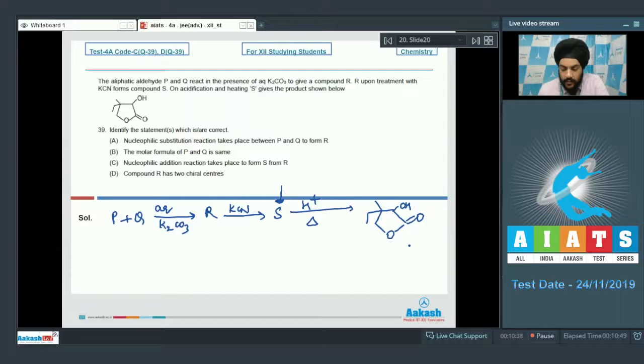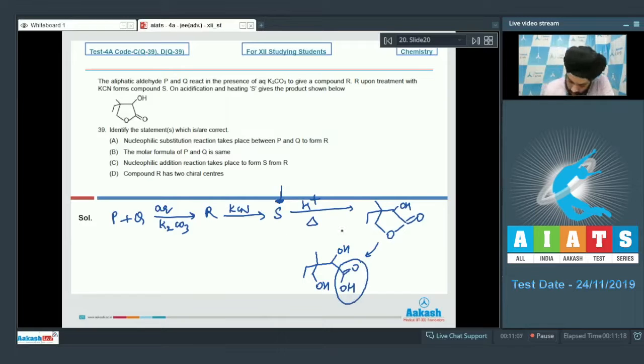So if we try and backtrace S, students, this ester must have formed from this acid, and this acid has to be generated from the cyanide. So students, this COOH would have come in place of the cyanide. So students, compound S must have been